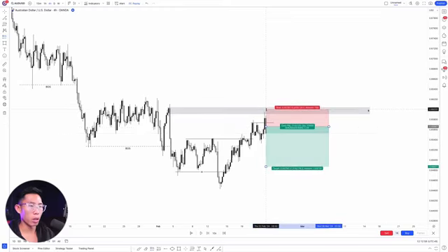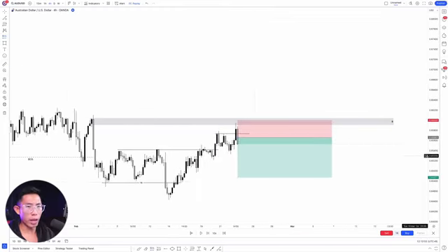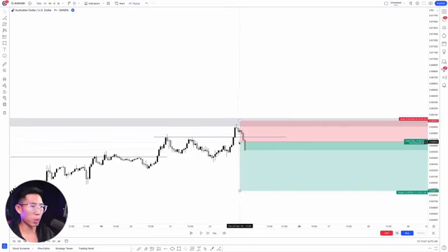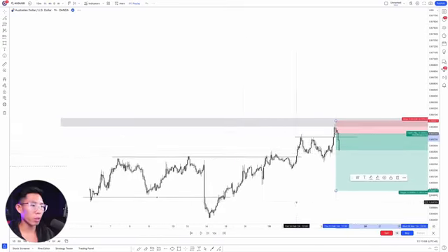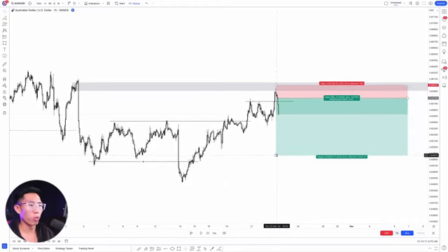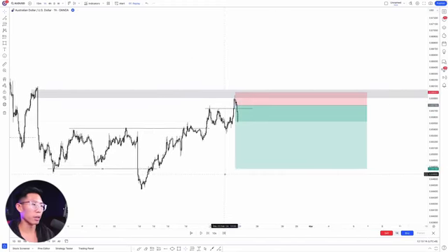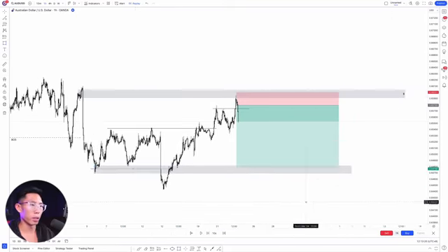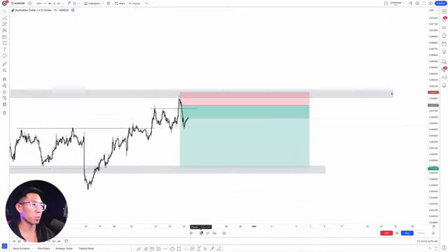Place your stop loss above these highs right here. Ideally, I will potentially enter for the sell position on a 1 hour time frame, like a smaller time frame, and I will enter somewhere right around here. And then I will move my take profit all the way down here at this area, right? And this is the last low. You can also draw a little demand zone here if you want. And yeah, this would have been a very nice potential trade right here.